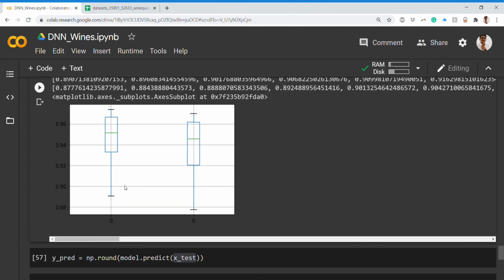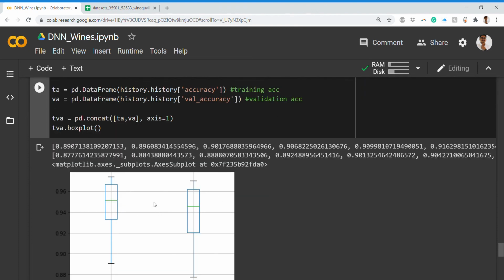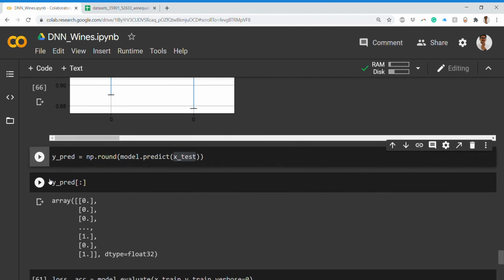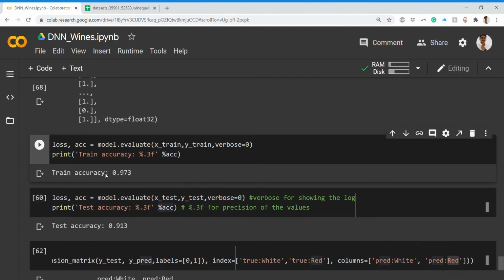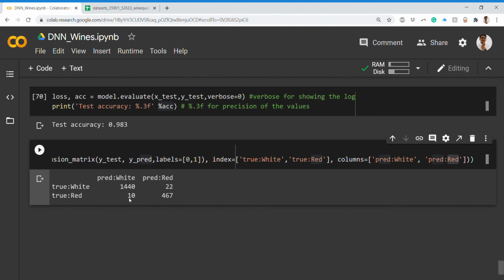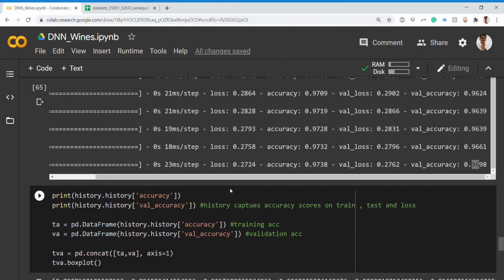If you look at the box plot, it will look something like this based upon the values which you obtain. So there is a shift in the box of the box plot. And if I predict these values, this is my training accuracy and this is my test accuracy, and my confusion matrix gives very few misclassifications, in false positives and true negatives, but you have these values the highest as compared to the previous setting, because it depends on the batch sizes or some other parameters. Maybe jointly, if you put them together, it may have an adverse impact, so that may significantly impact your model accuracy and performance. So we wind up this session, this entire big session of building a neural network